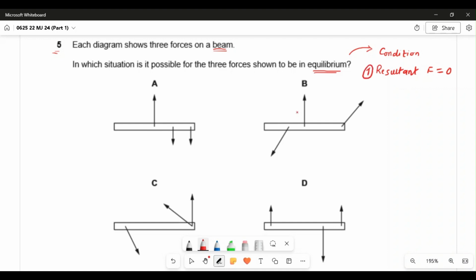It means that the sum of forces upward and the sum of forces downward are equal, and the sum of forces leftward and rightward are equal. So before I go for the second condition, if we look at these diagrams A, B, C, D, I can see in figure A,